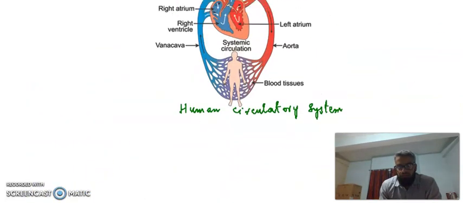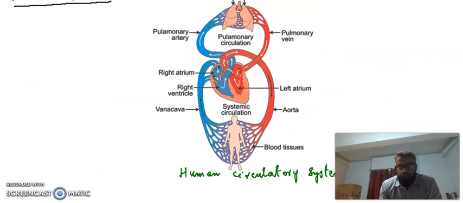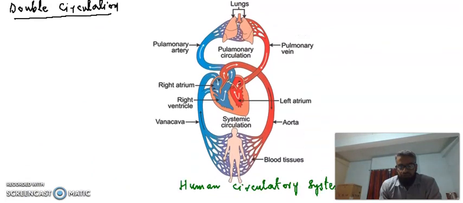Let's go back to the main diagram, that colorful picture of the human circulatory system. Now see, we can show here the blood pumped by the right ventricle. Let's find the right ventricle first. This is the right ventricle, and the blood pumped by this right ventricle, where does it go? This blood enters the pulmonary artery. This is the pulmonary artery.